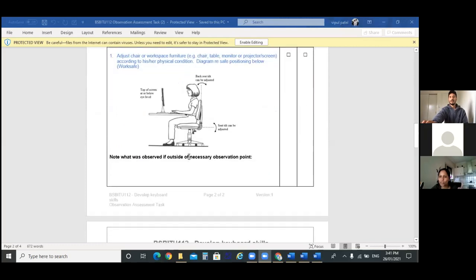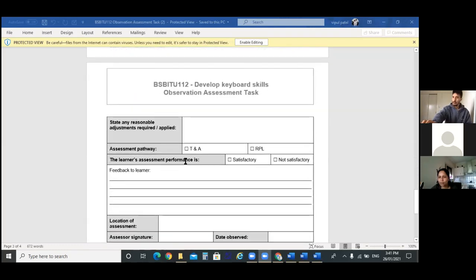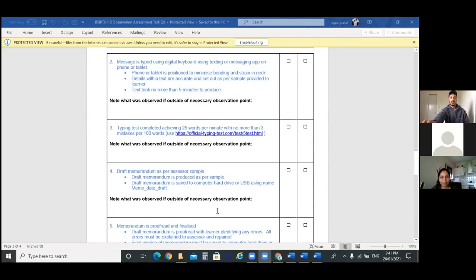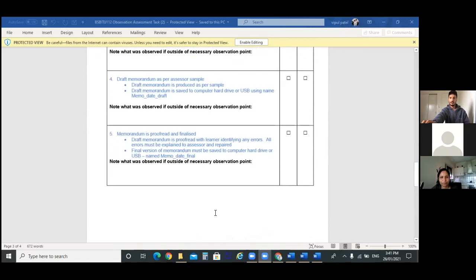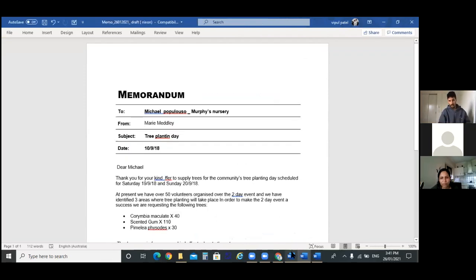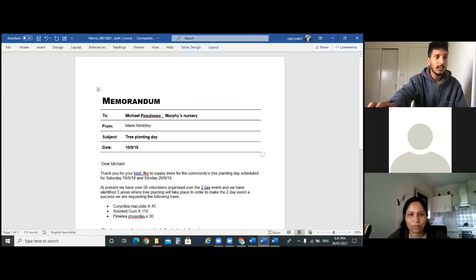So do I need to close that file or not? Not at the moment, because let's read through the question first, because 4 and 5 are related. So let's go to question 5 first. Give it a read through. Oh, so I need to save this name as well. Named memo date final. So now what you're going to do is proofread it. Have a check on it, and I'm going to help you. I'll specify the section, what needs to be corrected, and give it a check and correct it. Then you can do the final submission. Okay.